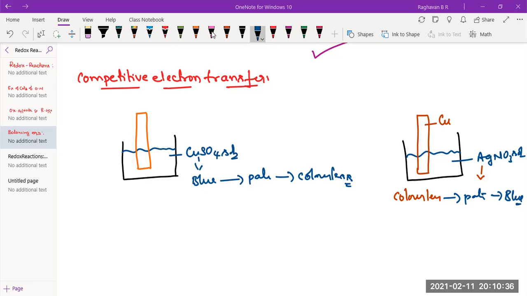For copper sulfate, zinc gives electron, whereas for silver nitrate, copper gives electron. Vice versa is not possible. Silver will not give electron to copper. When you go to a hotel with your elder brother, he will pay. When you go with your younger brother, you will pay for the younger brother. Don't say, no, sir, I'll never pay any time.